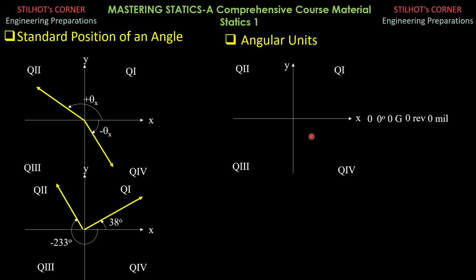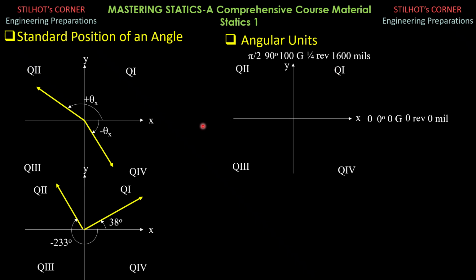So here, this is in the counterclockwise direction. So this is the positive angle, quadrantal angle along the positive y-axis. That would be pi over 2 radians, then 90 degrees, then 100 grads. So in other words, one revolution is also divided into 400 equal parts, and each part is called grad. And in revolution, that's 1/4 revolution. Then in mils, 1,600 mils.